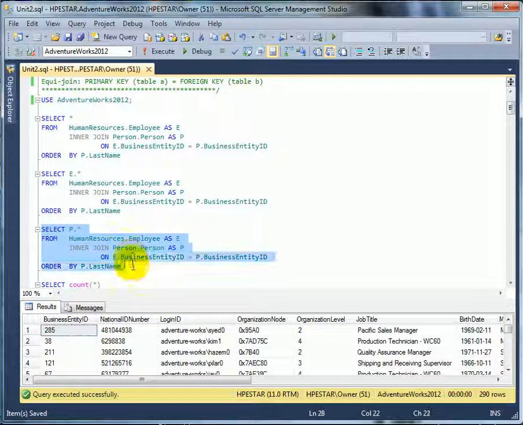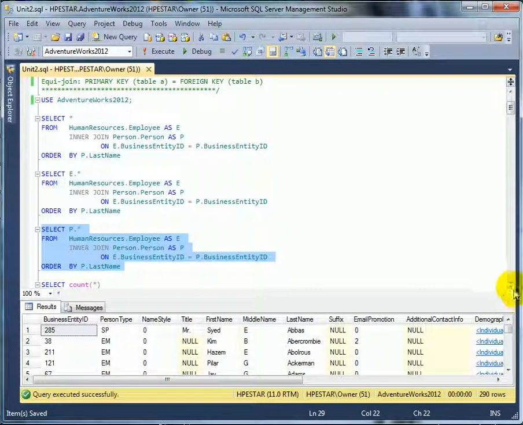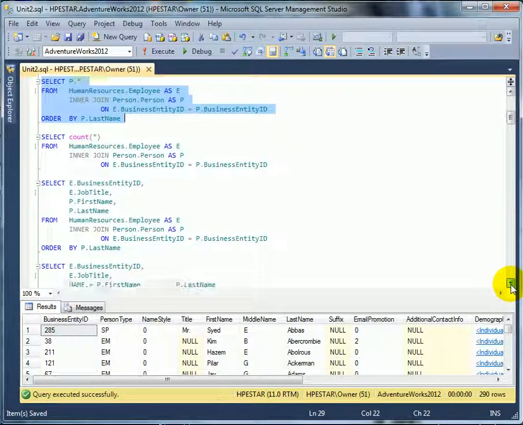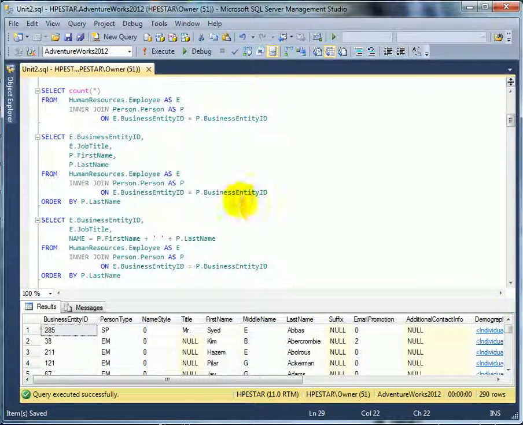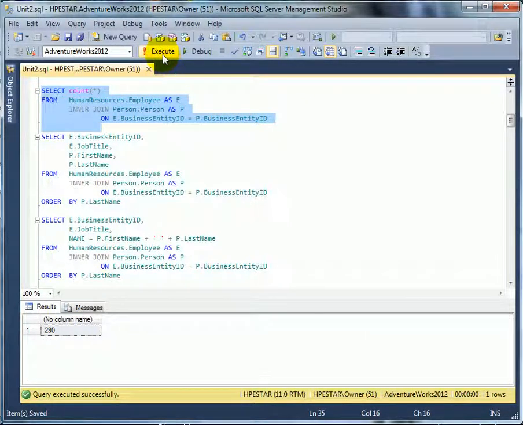This time we are selecting all the columns from the person table. We can do a count of how many rows are satisfying the inner join condition. And that's 290, the number of employees in